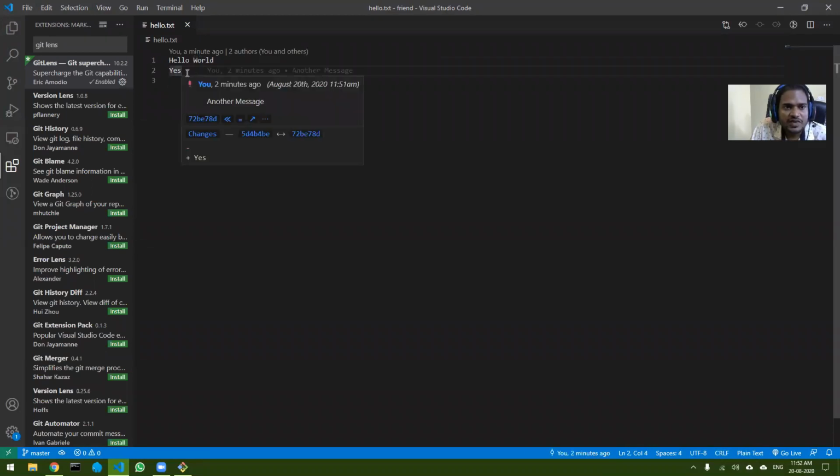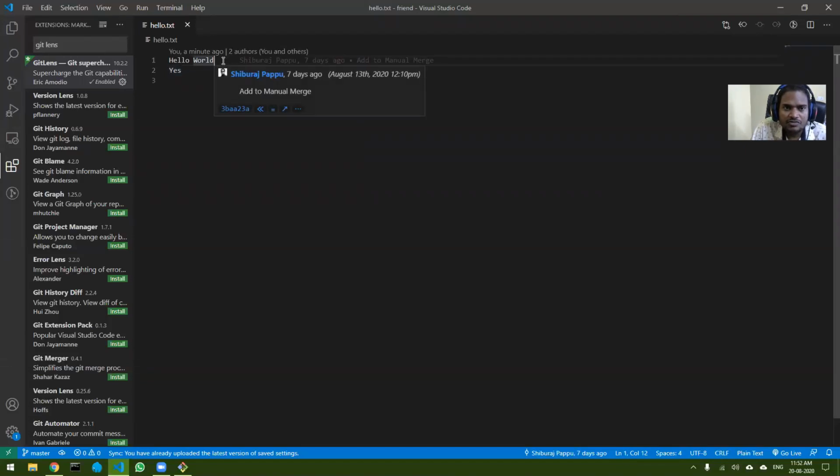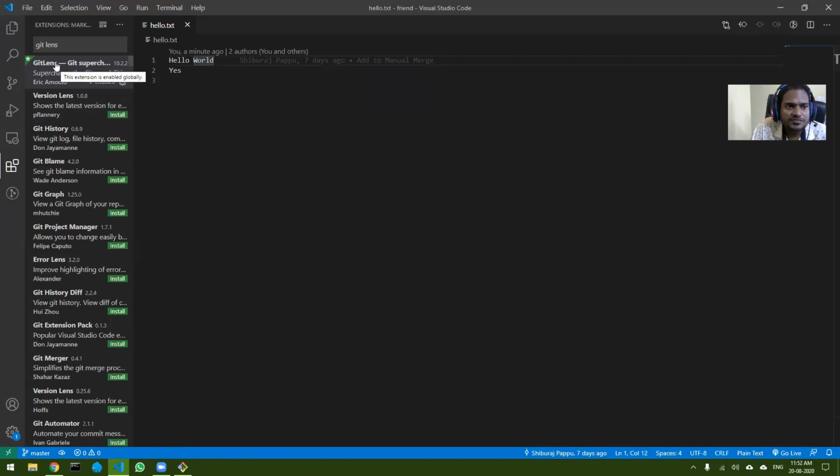Just by clicking on the line, it tells me what changes were made, what has been done on this particular line, who did it, everything. If multiple people are working, even the name comes up of who added this line, and from which commit this line is coming. That is the advantage of adding this plugin, GitLens. I usually add it just to show you guys. That's why I've disabled it for the time being.